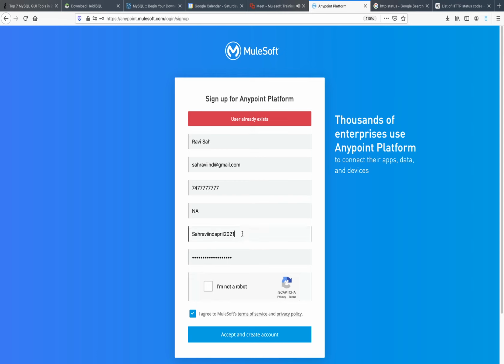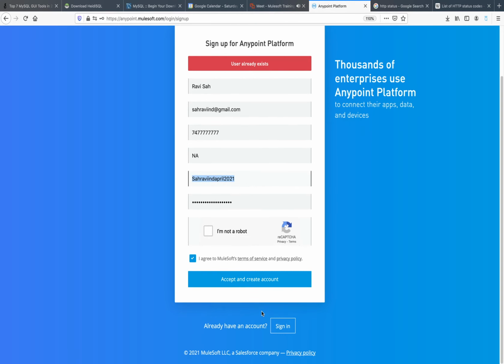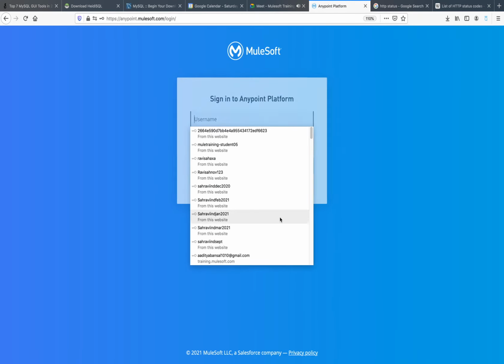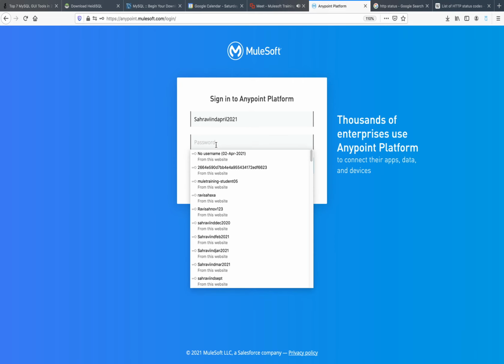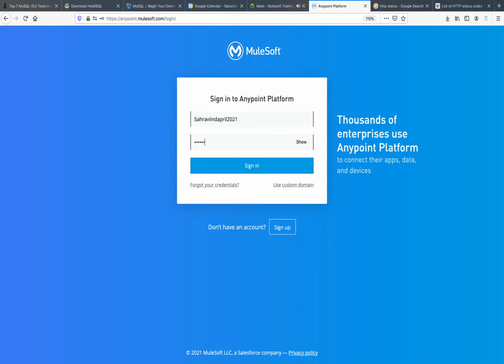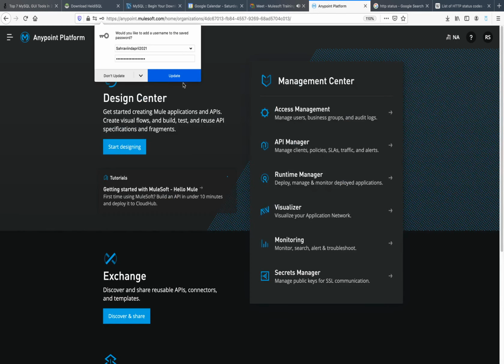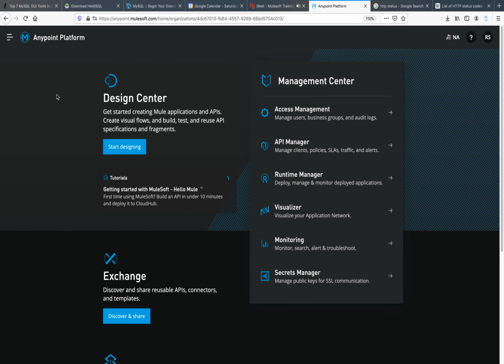So if user already exists, then let me try to log in, if I remember the password. Yes, so I created one Anypoint platform account.